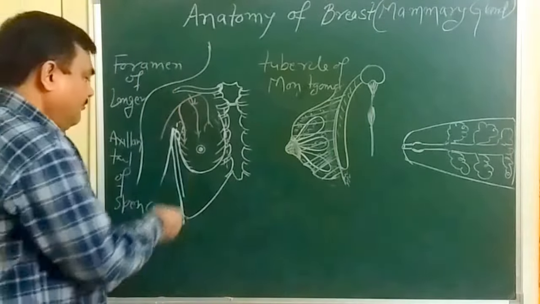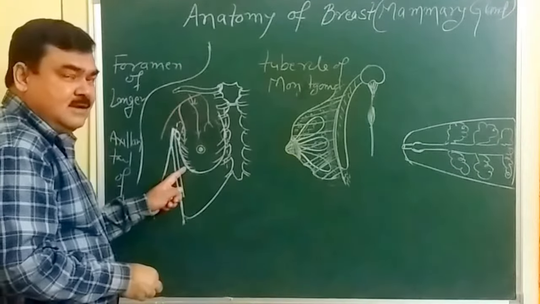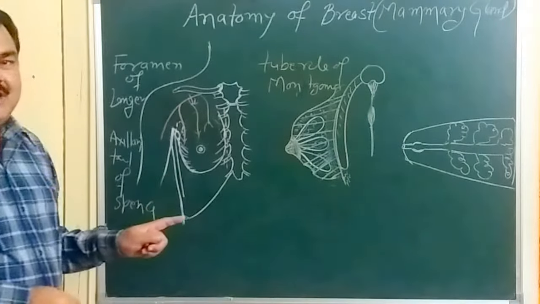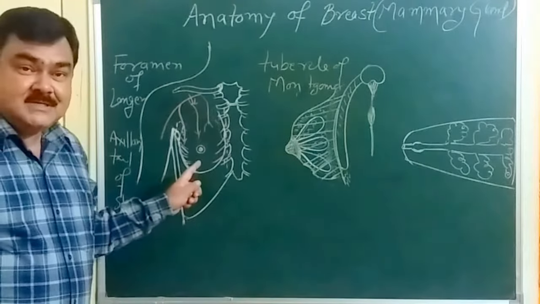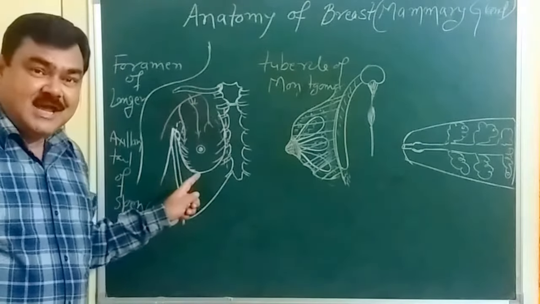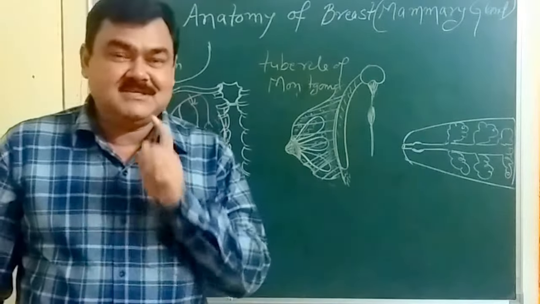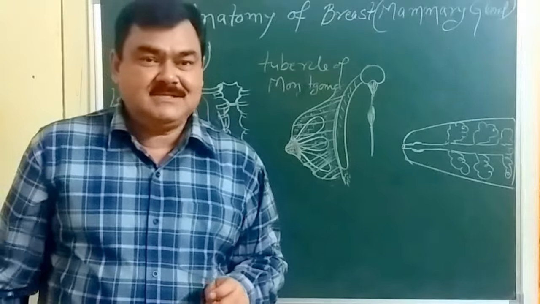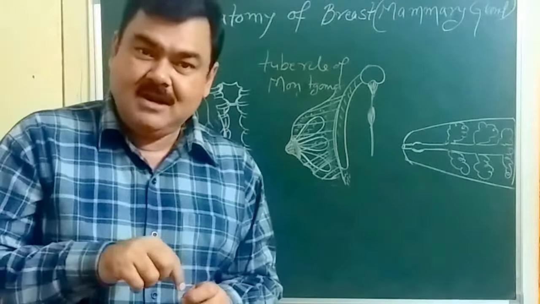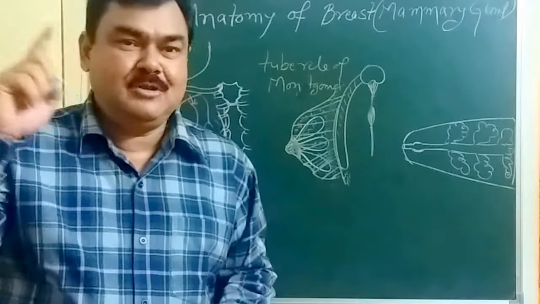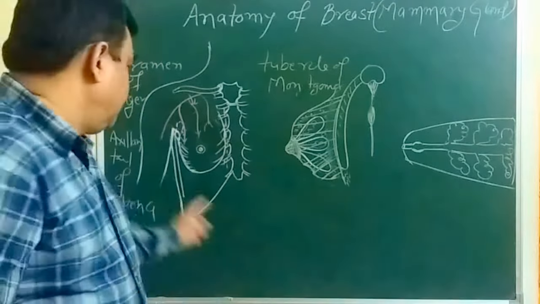And venous drainage: veins accompany the arteries. Then on the lateral side, the veins go into the posterior intercostal vein. Sometimes the carcinoma of the breast may spread through venous channels, and from here it reaches the Batson venous plexus, a plexus around the vertebra. Then from there it may ascend up to the brain. So carcinoma of the breast may reach the brain through this venous channel.